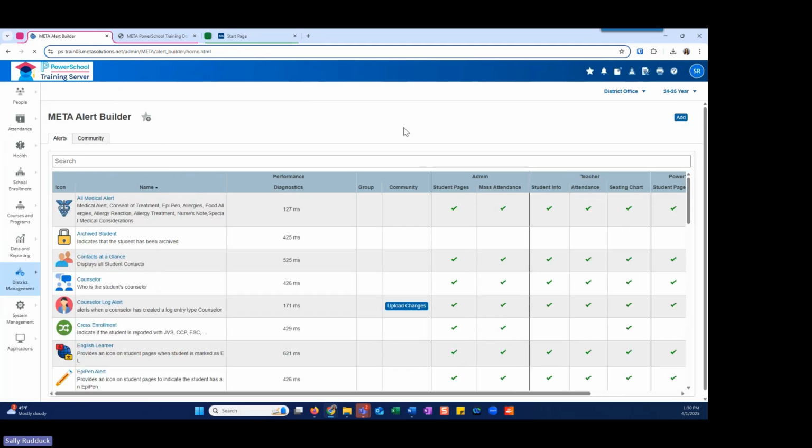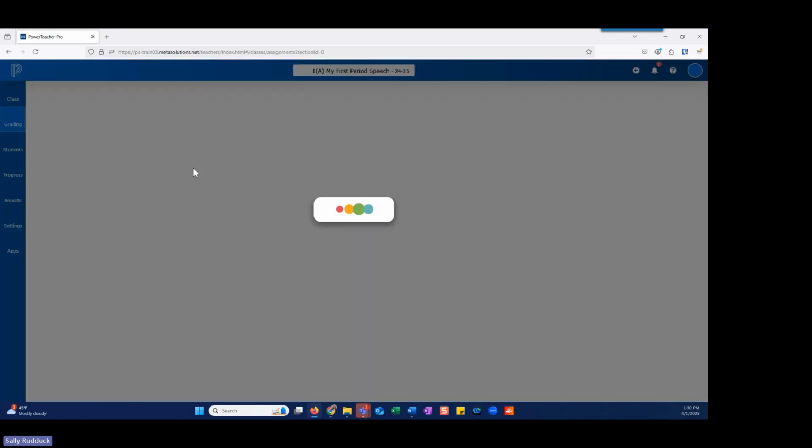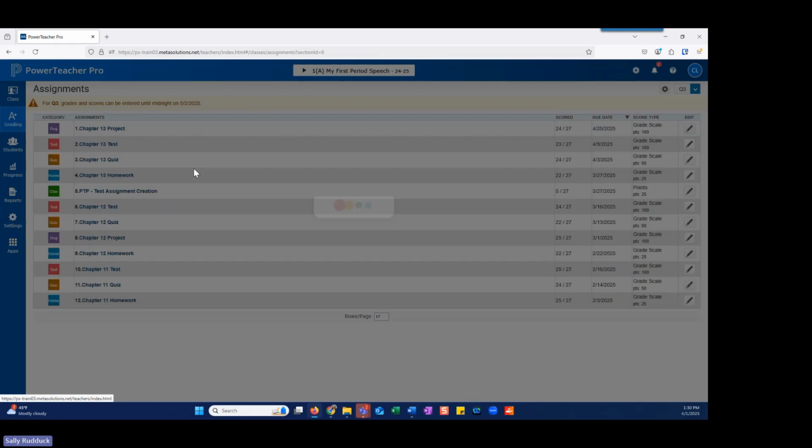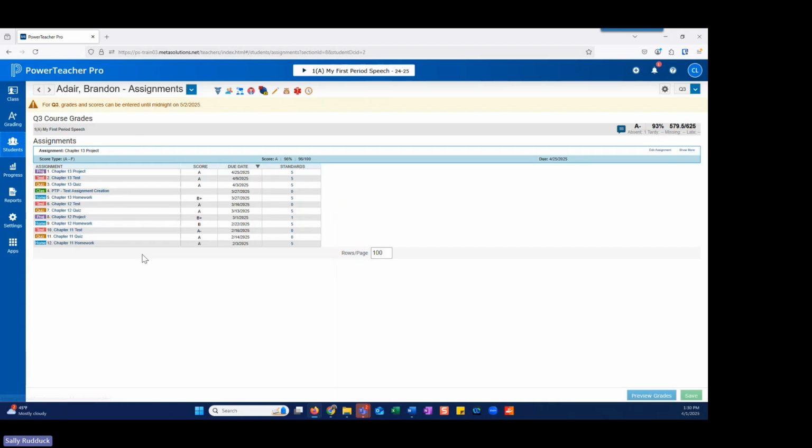Alert Builder. So there has been a lot of new things added to the Alert Builder. And one of the bigger items I'm going to pull up here is within PowerTeacher Pro. So I have a teacher portal here. I'm going to go ahead and navigate to PowerTeacher Pro, and I'm going to pull up some students, our favorite student, Brandon. And I'm on Brandon's assignments, but you'll notice the alerts are now available and exposed within the PowerTeacher